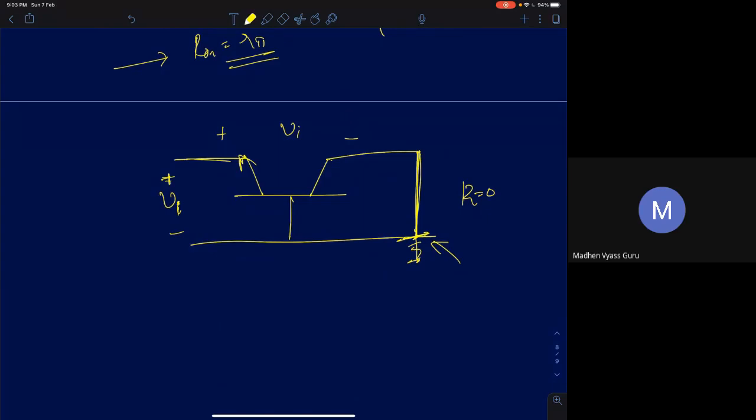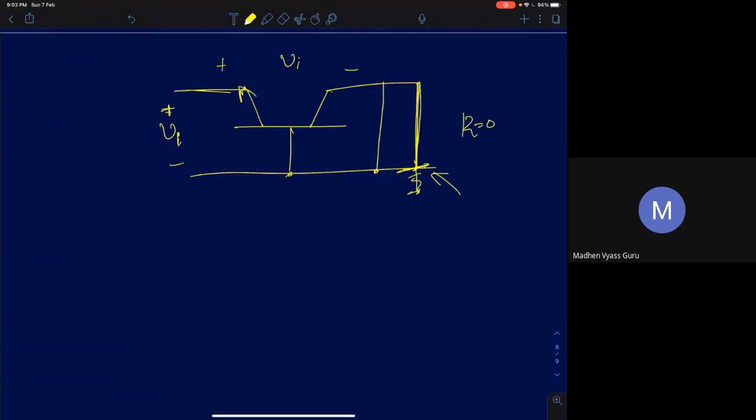Yes, it is Re. See, look at this. What have we done here? We have shorted base and collector. And I told you, whenever you short base and collector, you can replace this with a single resistance of value 1 by Gm parallel R0 parallel Re. We said all three will be in parallel.